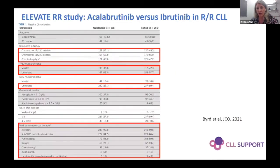Now going on to the other relapsed refractory acalabrutinib study that I said we'd talk about. So this is the Elevate RR study, relapsed refractory, the RR. And this is really interesting because it's actually giving us information about acalabrutinib in a direct head-to-head against ibrutinib in the relapsed refractory setting. So we can see here that there were about 45% of patients with a 17p deletion,